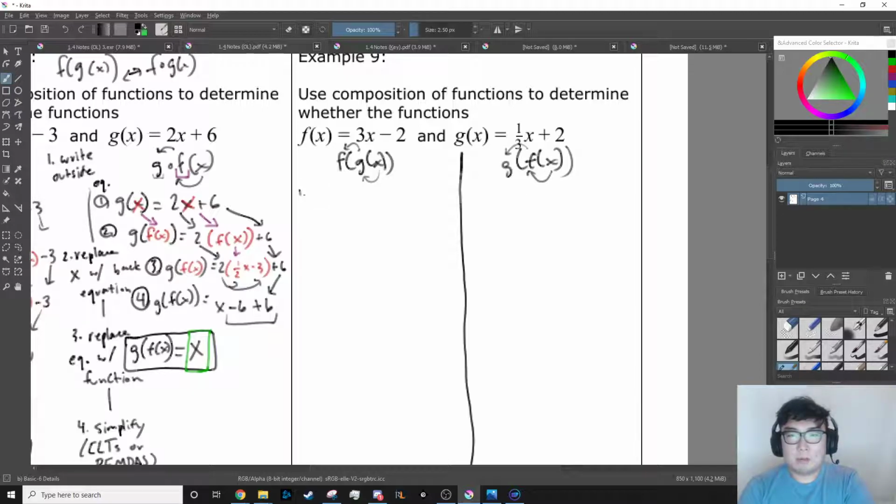So step 1. Write the outside equation. 3x minus 2 is equal to f of x. Whoops, I wrote this in opposite order. Step 2. Replace x with the inside equation. So, f of g of x